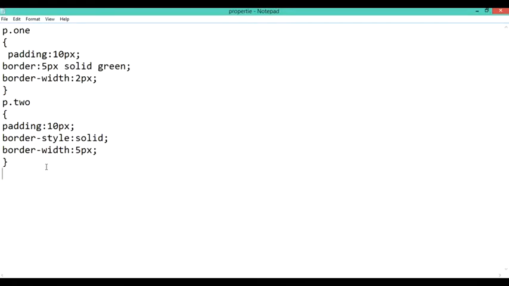So similar to this solid form, we have some other types of border also that are available in CSS. Like we can change the style of the border whatever way we want to change that styling. So as I told you, we have different kinds of styling. If we do not provide any border, it will just display the simple type of border. So based on different styling, we have different properties.